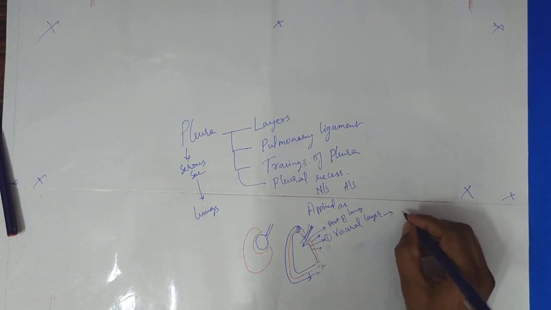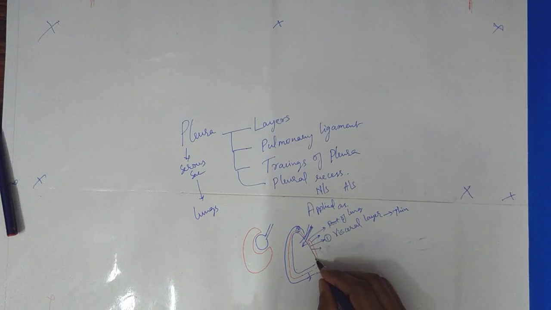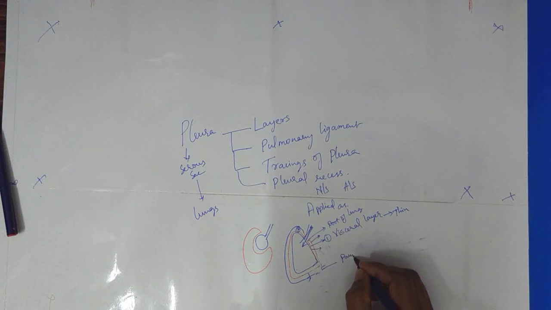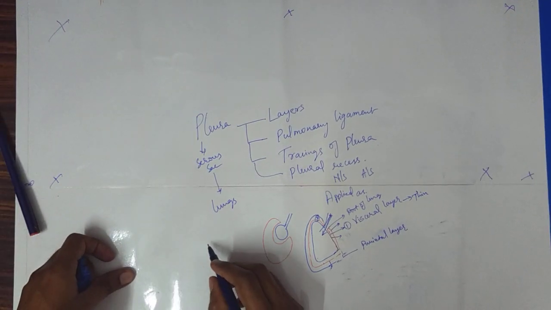So first we'll see briefly about this visceral layer. So visceral layer is very thin and it's adherent to the lungs, whereas the parietal layer, it's thicker compared to the visceral layer. So if you want to see this in other diagram,